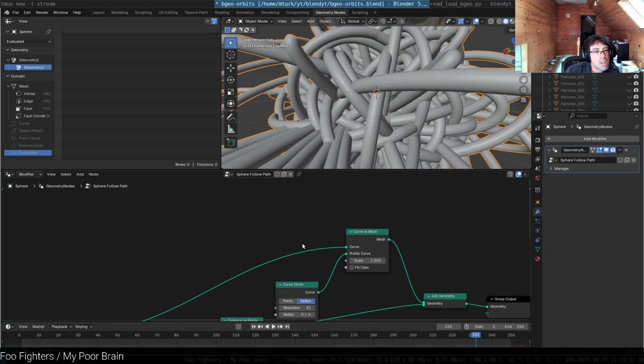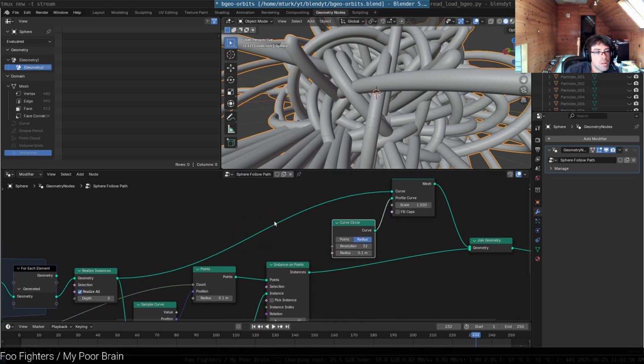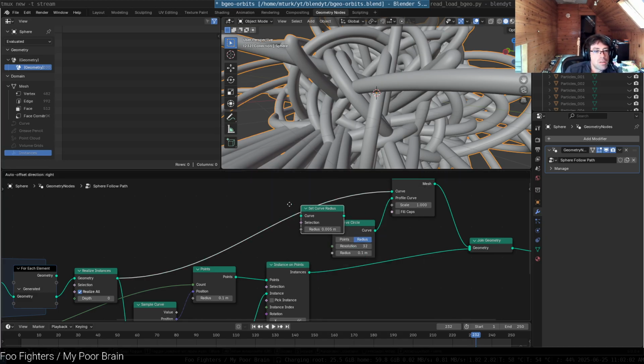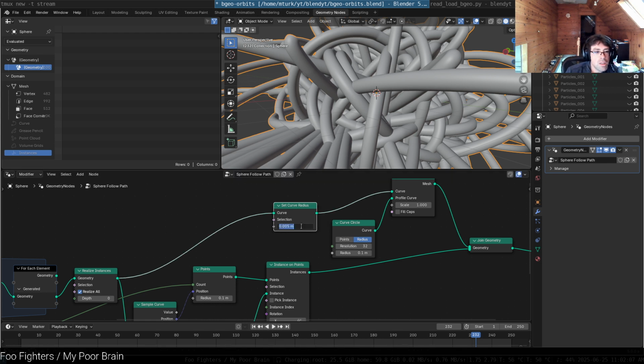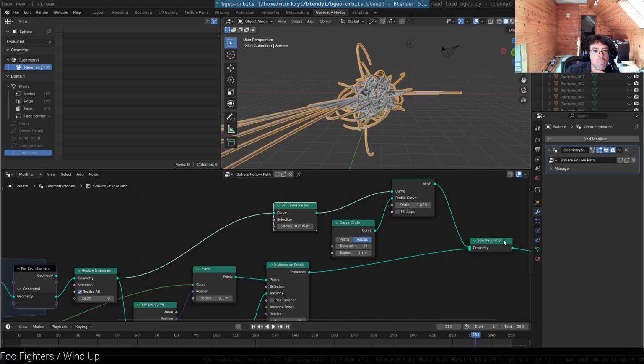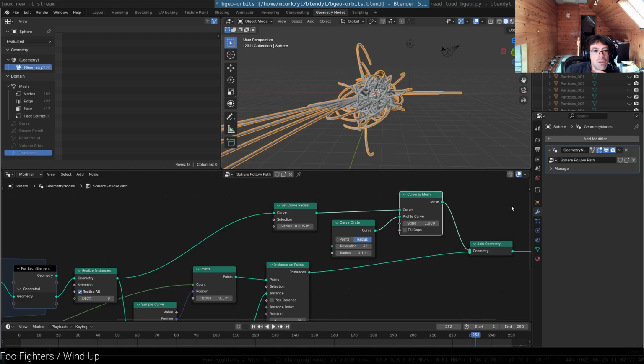Okay, I'm going to untrim my curve. And let's do set curve radius. Now, in theory, I thought that would update the radius of my extruded mesh, or not extruded, but of my followed mesh, but it seems like it's not. So